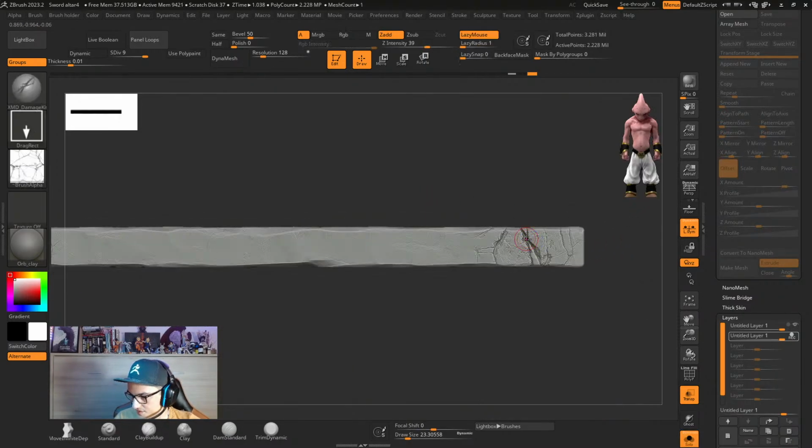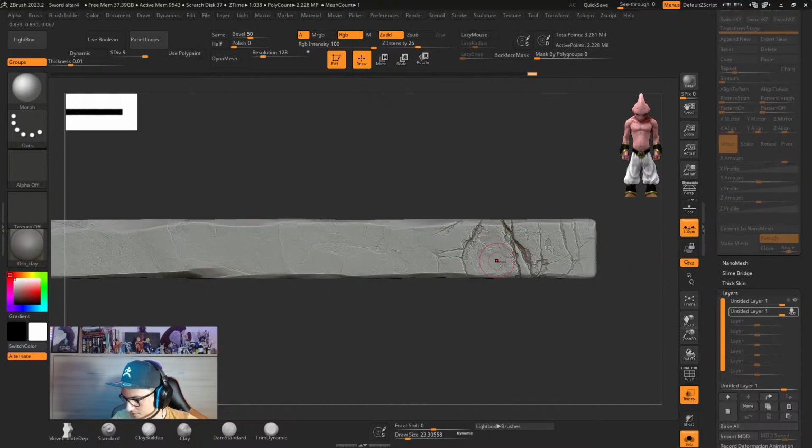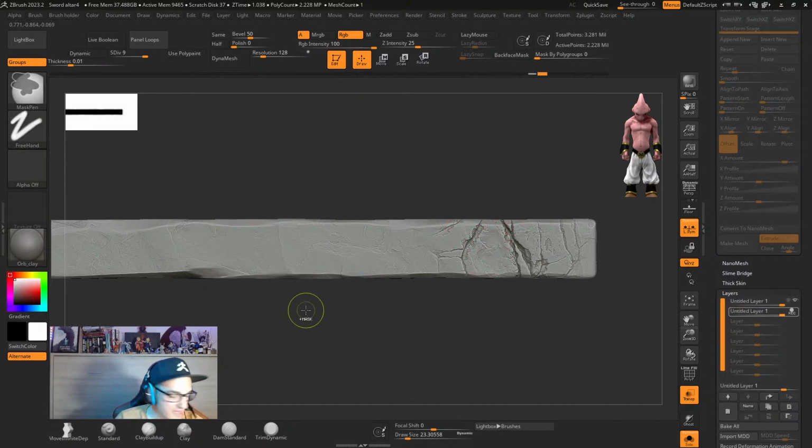So now if I isolate this and I go to my morph brush, okay, so this needs another target over there, and now I can use the morph brush to just morph that detail away. I can actually bake all the texture, all the layers, because I've changed something in the mesh and I forgot that I had layers. So I'm just gonna use this as my base. Actually, let me go back before I apply this pattern